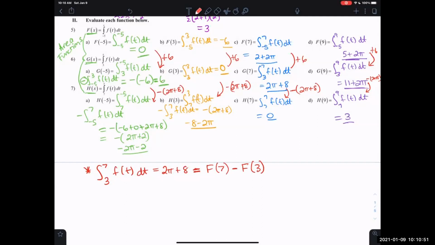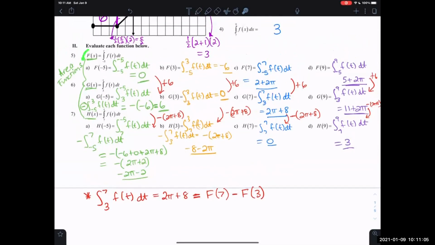So I'm just recapping a few things that we've done so that hopefully the notation makes more sense. Capital F of 7, what would that actually mean? If we go back here to F and put in 7 right here, it's going to be exactly what we wrote here. So if I did capital F of 7, remember what that means. We start at -5, and we're going to go to 7, and we're going to subtract. Same capital F function, so starting at -5, but this time going to 3,